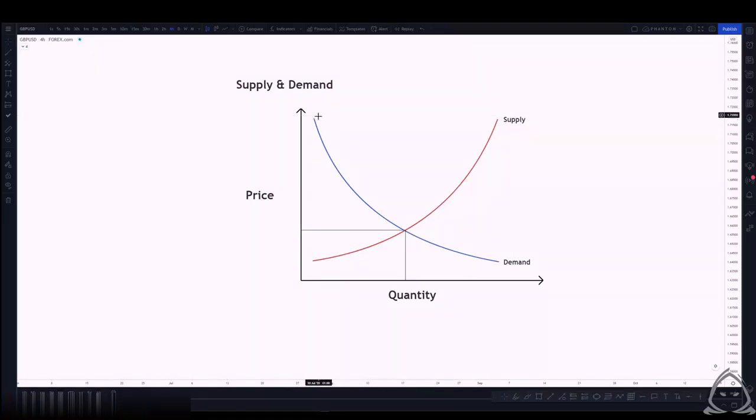Now, on the flip side, if price begins to decrease, the demand for that product increases. And because the demand for that product increases, generally speaking, the supply for that product will be much more reduced, which tends to drive the price. When we see supply meeting demand, that's called fair value of price. And generally speaking, that is the acceptable value where a buyer and a seller match on what a good or service or commodity is worth.